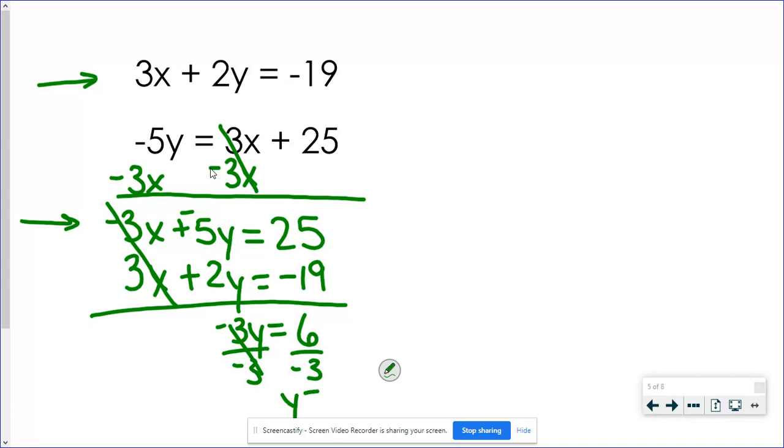So y is negative 2. Now that I know what the y is, I have to substitute back in to find the x. And you can use either of the original equations or you can use the rearranged equation. I don't know that there's really any advantage to any of them, so I'm just going to go up to the top equation. I'm going to say 3x plus 2 times the y was equal to